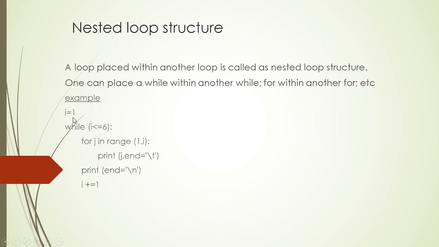So that is what is written here. The while is the outer loop, and inside you have the for loop. I less than or equal to 6: we want to display 5 lines, but we have written I less than or equal to 6. Next, for j in range 1 comma I: when I is equal to 1 it should have the range from 1 to I minus 1. Then we want to print the number. Let us see the execution of this program so you can understand easily.